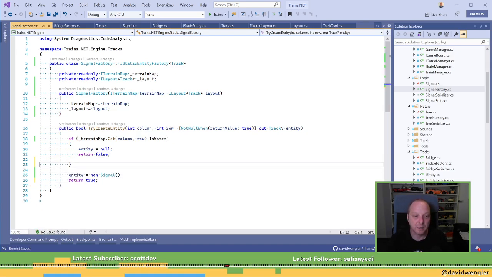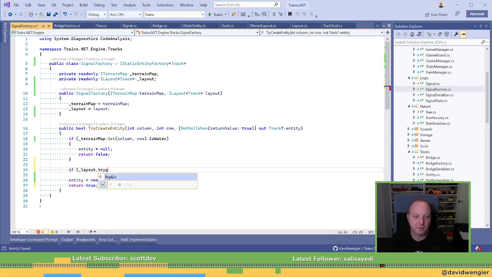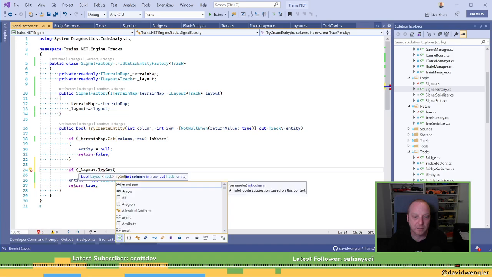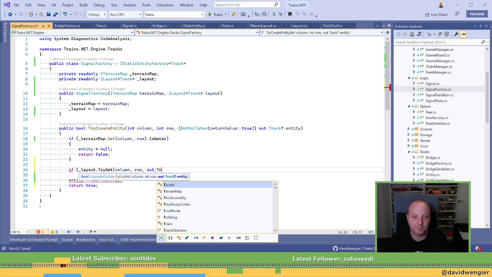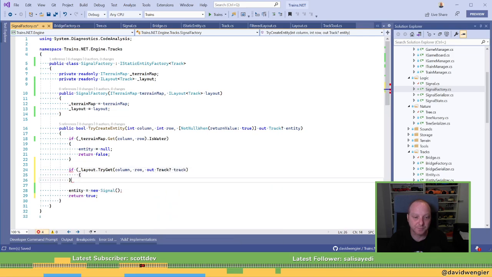And we can say if layout try get column row track, and track dot direction is horizontal.